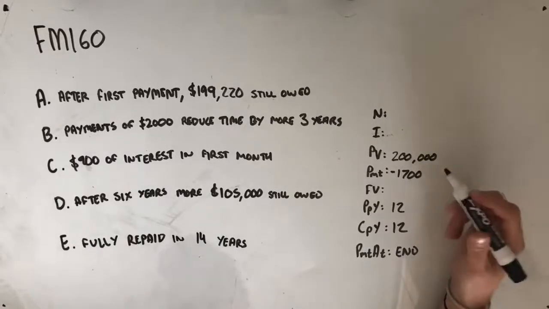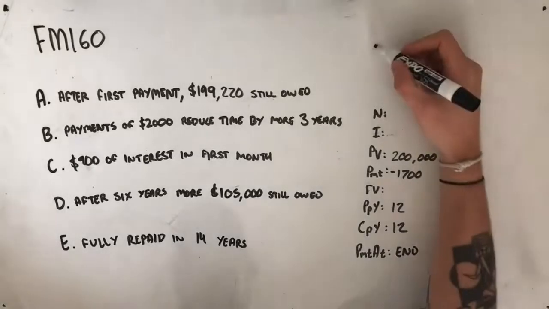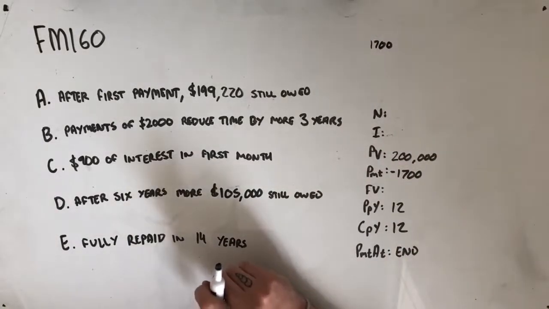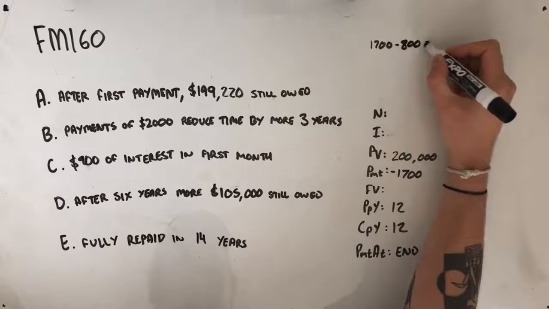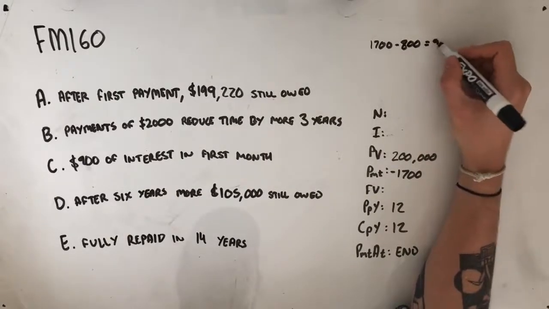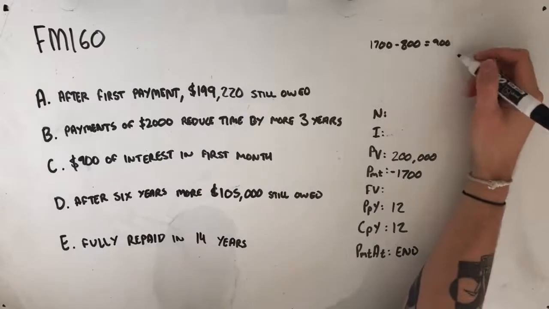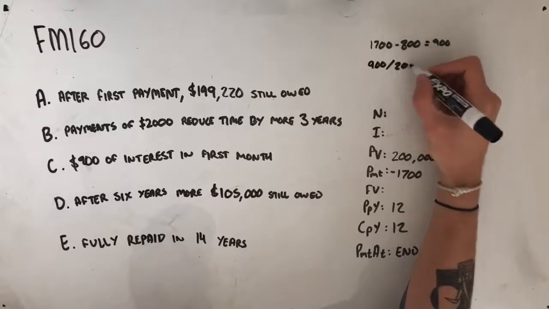And if we want to calculate the interest rate, this one's a little more tricky. Now we know that we're making payments of $1,700 a month. And we also know that $800 of the first payment goes towards reducing the principal, which means whatever's left over once we minus 800, which is 900, is the interest that was paid on that first amount. So if we have a look at our $900 as a fraction of our $200,000